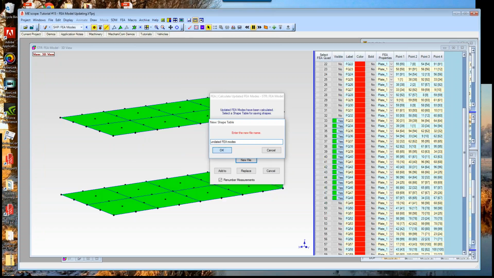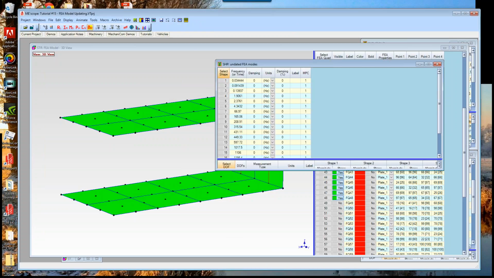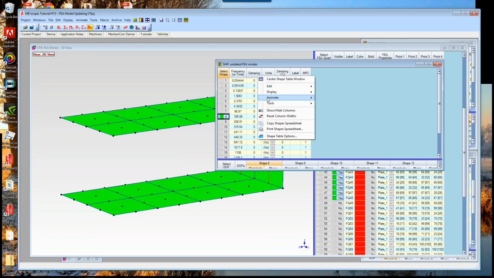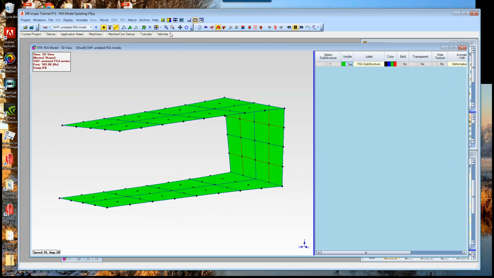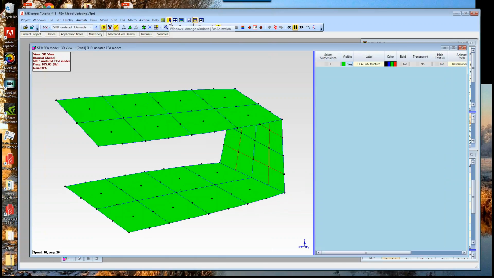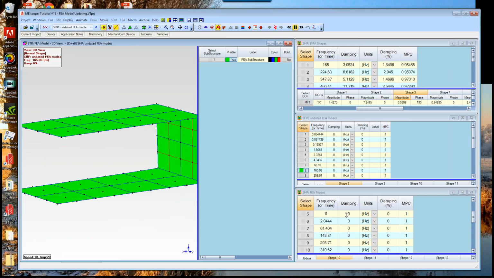And there they are. And now you can see that the first mode here, the 8th mode, is 165 Hertz. Let's just go ahead and start the animation, animate shapes with the FEA model. And there it is. I'm going to click the arrange button up here for animation. And my updated FEA modes are right down here